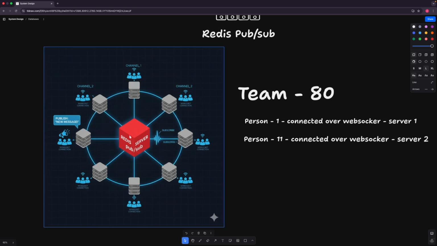So if we want to broadcast the message within the servers or the services over a low latency condition, this Redis Pub Sub can be used, and not for real notification systems where we want to broadcast the messages to millions or billions of users. That's not ideal for Redis Pub Sub, and it is ideal for this kind of